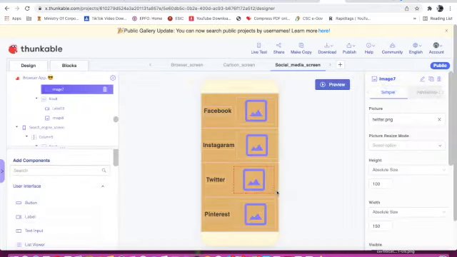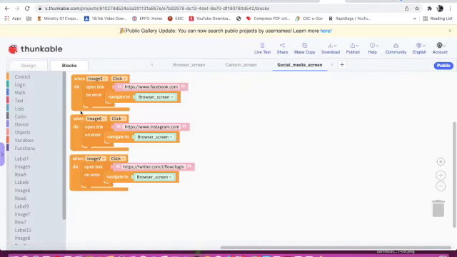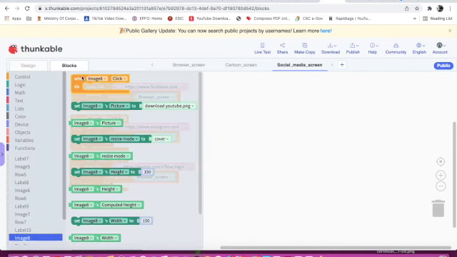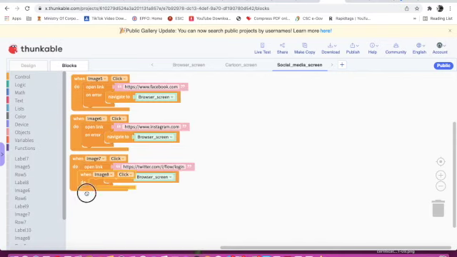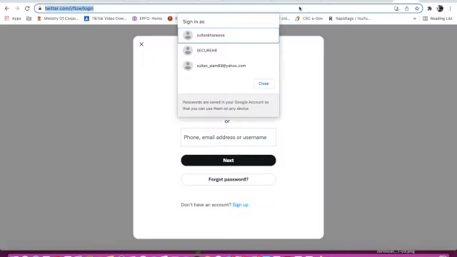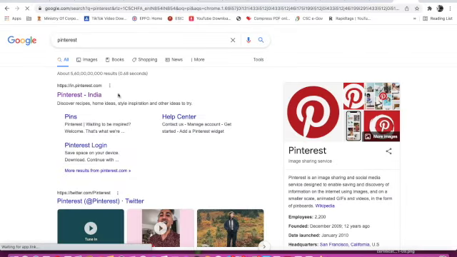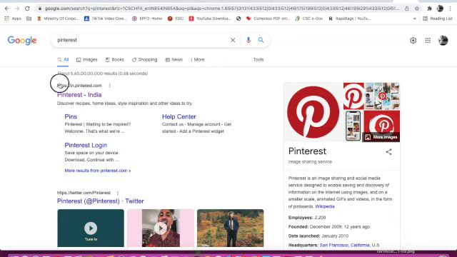Now the last one, this is Pinterest. Image 8. Now I will take image 8. Open link on error I will take. Here I will copy the Pinterest URL. Yeah, I will copy this.